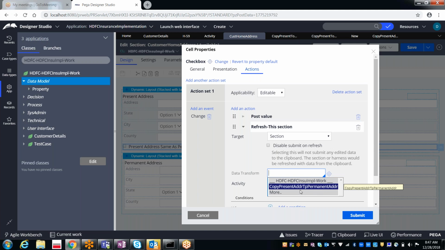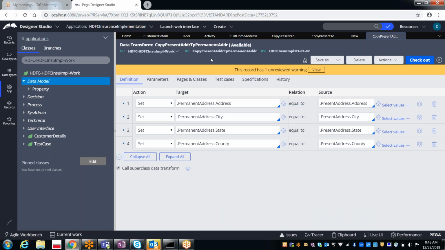See, I have made a spelling mistake. Instead of TO, I have given TP, and the same thing is showing. See, copy present ADDR TP permanent address. Whatever you create, it shows over there.